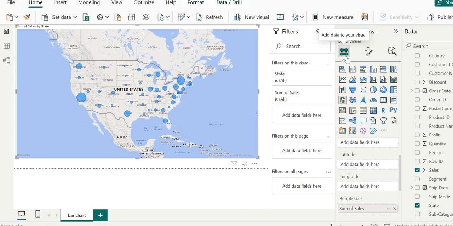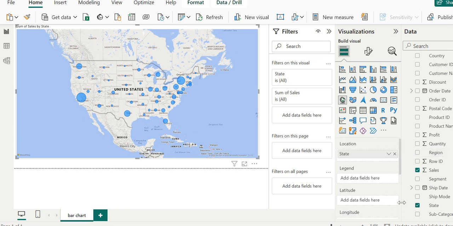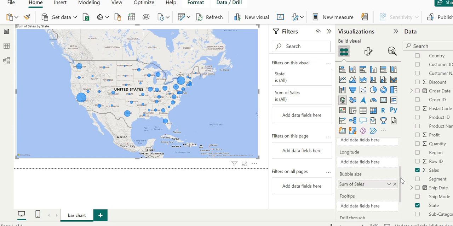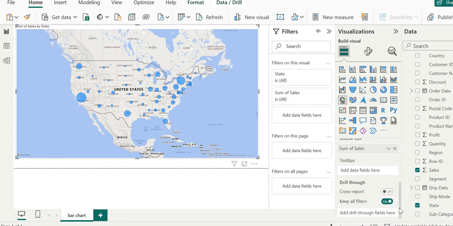And finally, down here you can also see latitude mentioned. We can also mention longitude. We can also add some information to the tooltip, and we can customize the tooltip. We can add all the drill through fields here, the fields we really want to drill through. So we can customize the tooltip associated with each of the territories in our maps.